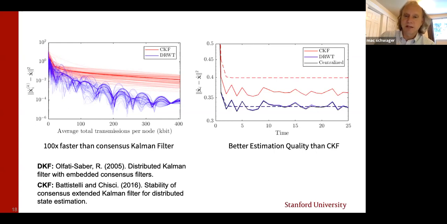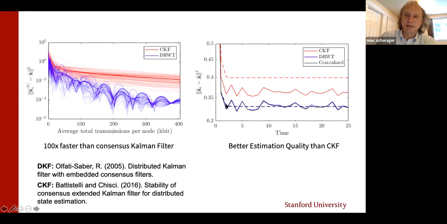I'm plotting two things here. I'm plotting both the empirical mean squared error, that's the choppy line, and the dotted line is the trace of the covariance matrix. That's the theoretical mean squared error. So if you average the choppy line, it should line up with the dotted line. You can see that's true for the black and blue lines. It's not true for the red line. So this is consistency. If your filter is consistent, the average of the choppy line should equal the dotted line. So you can see our filter is apparently consistent.